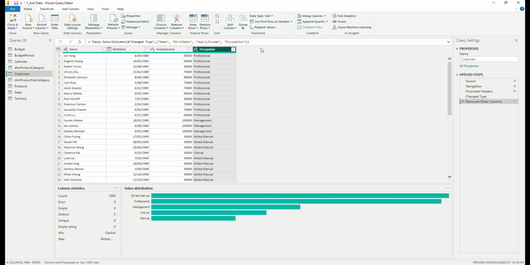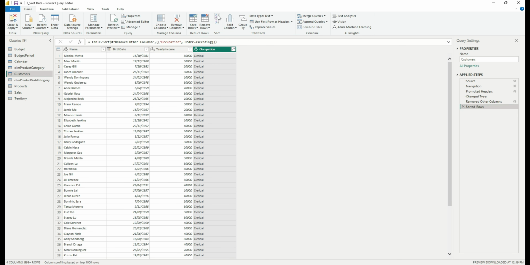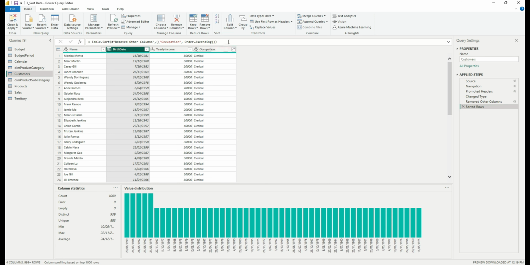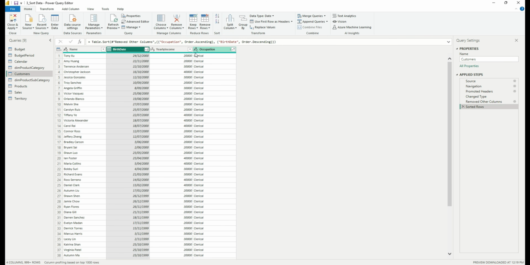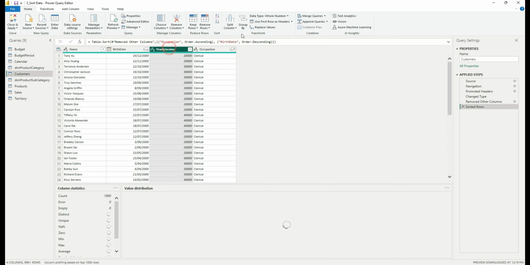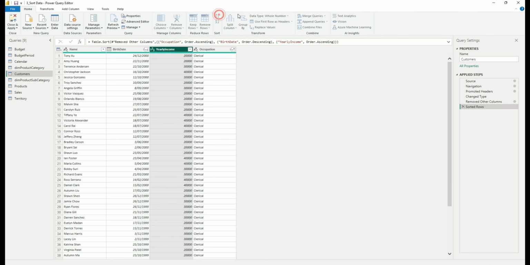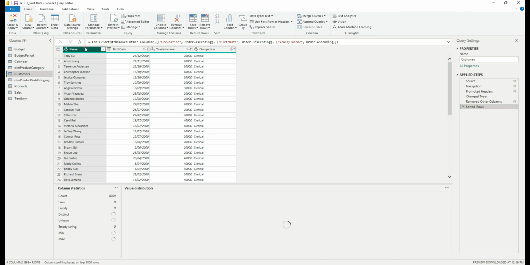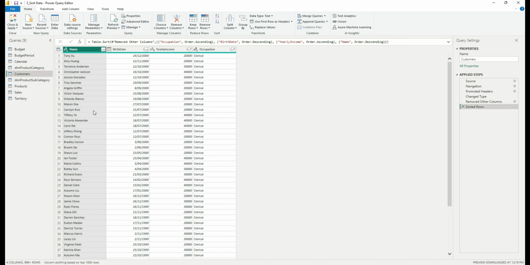If you want to sort all the records initially by occupation, click on A to Z, as you want to see the records in ascending order, followed by their birth date in the descending order, followed by their yearly income in ascending order, followed by their name in descending order. So